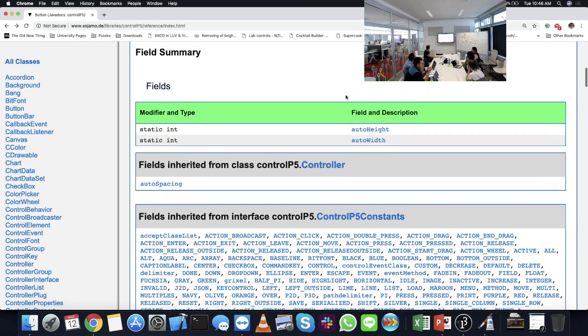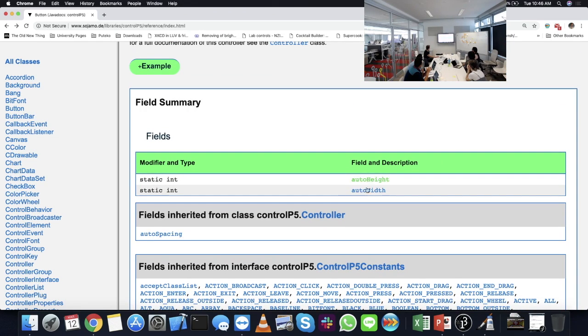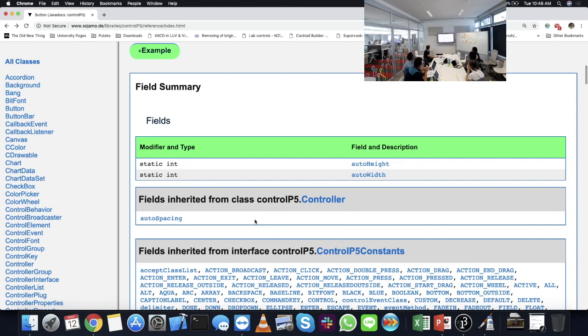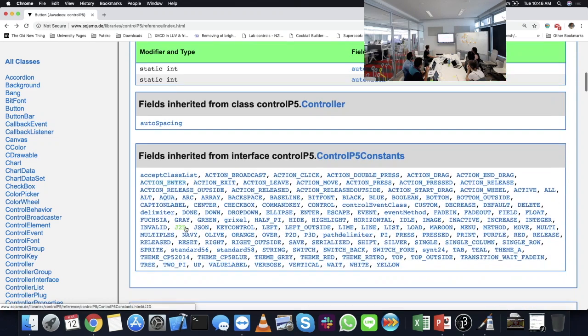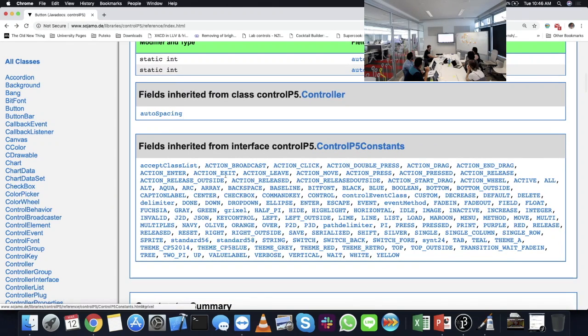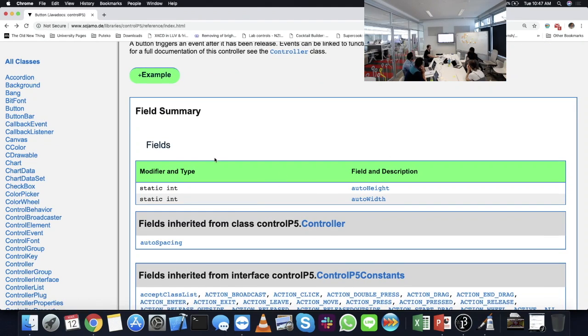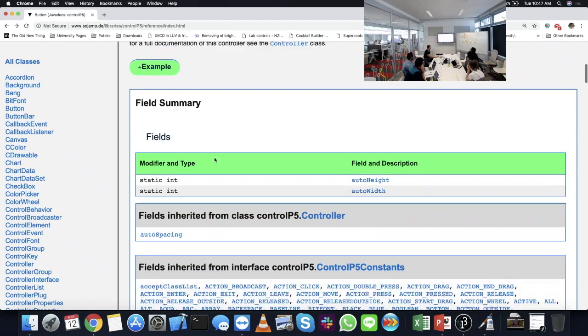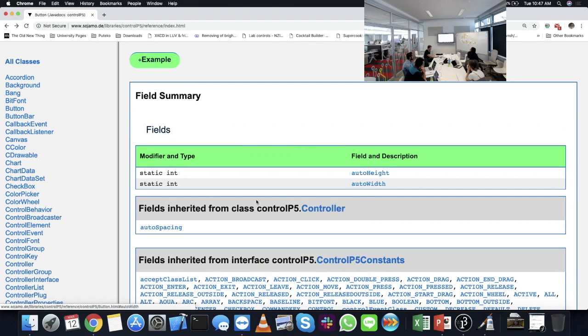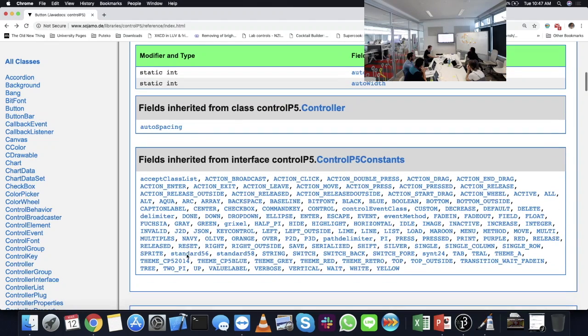So the button itself only has two fields, so two things we can change. But the button also gets the controller's auto spacing, and it also gets all these things that ControlP5 constants has. In this case, there's probably not a huge amount of stuff that is particularly useful for you, but I just wanted to explain. So when you look at the Java docs for these things, you can say, okay, my button, I want to edit something about it. So it has an auto width and an auto height and auto spacing, and it also has all of these things as well, and one of these might be the sort of thing that I'm trying